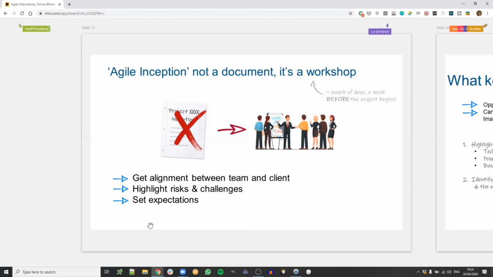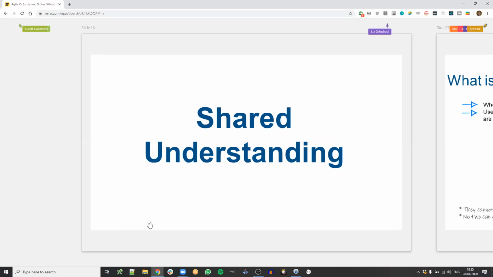This actually takes a lot of effort, and it's often neglected. And the key word again is shared understanding. This is what you want to create in the team: that we have a shared understanding of what needs to happen, what the challenges are, what the risks are, etc.